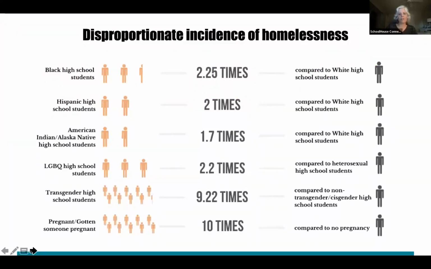And then the other thing I really quickly wanted to mention was that Youth Risk Behavior Survey data that I mentioned. You can go to that link and you can get all kinds of information. If you're not familiar with the Youth Risk Behavior Survey, it's run through the Centers for Disease Control, and it's administered around the country to high school students and in some states to middle school students as well, every couple of years. So we were able to crunch that data from states around the country that include a question on homelessness. And we were able to really look at some of the risk factors that are specific to students experiencing